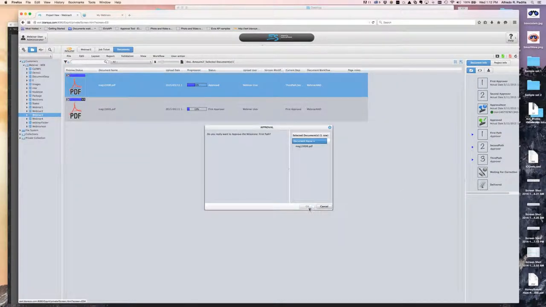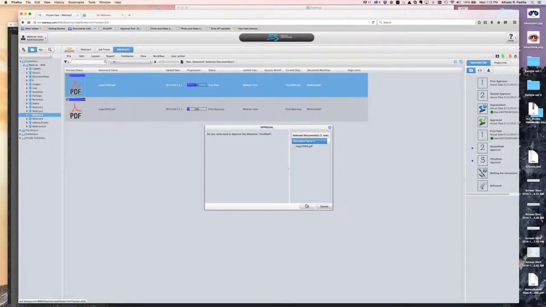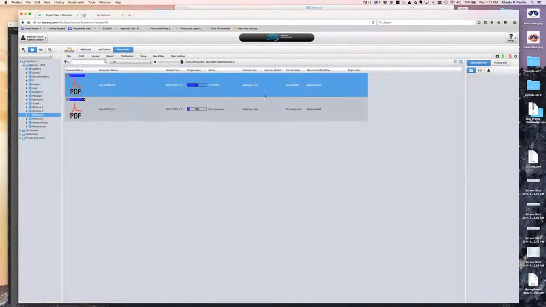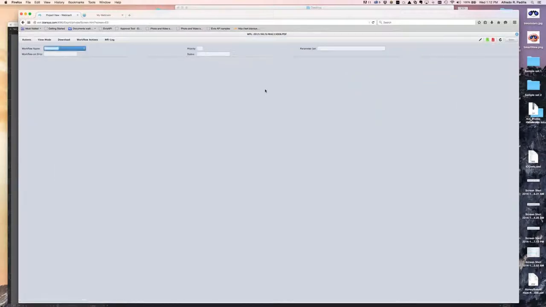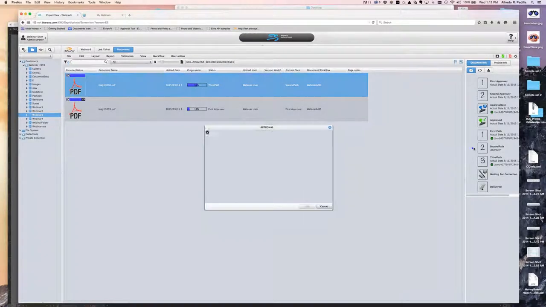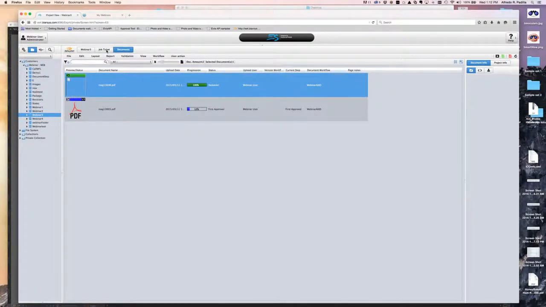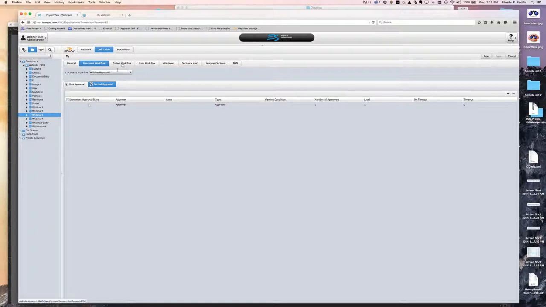So if I approve one, the file is going to stay in place. Approve another one, file will stay in place. Again, I can look at that. See, it's still held here. Both of these have been approved. I go through my third one, jumps through, it's approved. And what I'll do is actually change job tickets